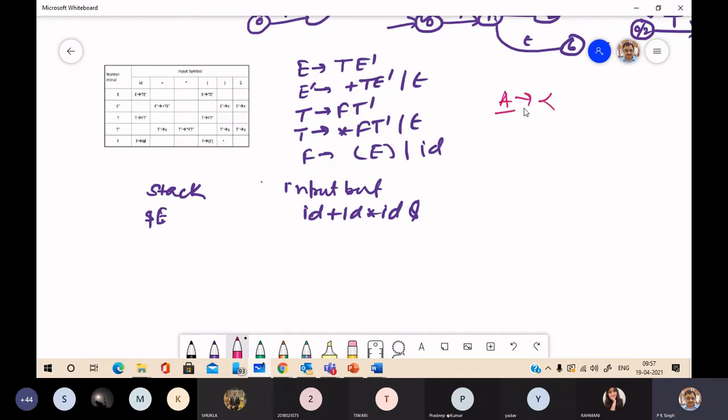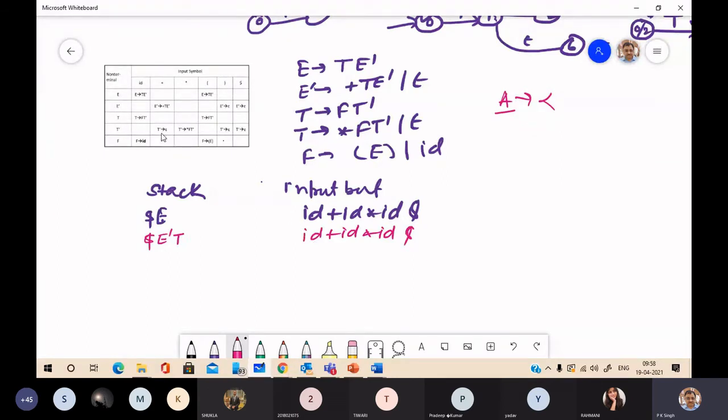We have to pop out A and push in alpha, keeping the first symbol on top. So you just pop out E and push in alpha. Alpha means TE dash. So E dash followed by T on top of stack, and here ID plus ID into ID dollar. Now T and ID will say about the next action.